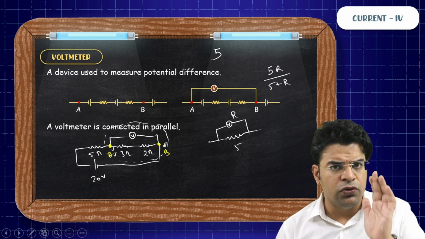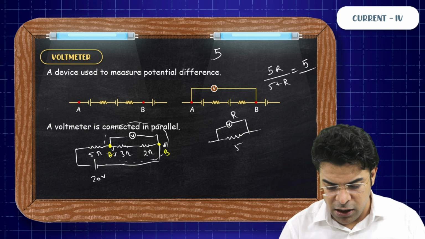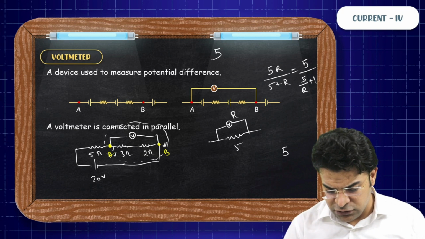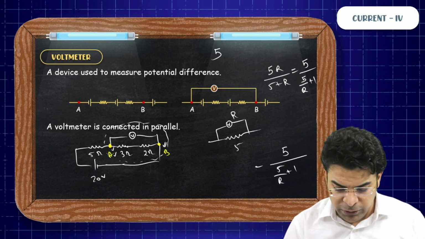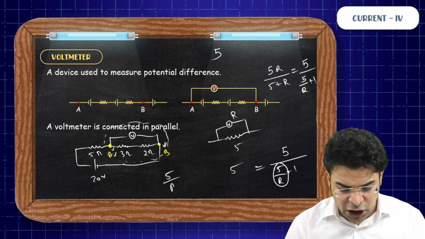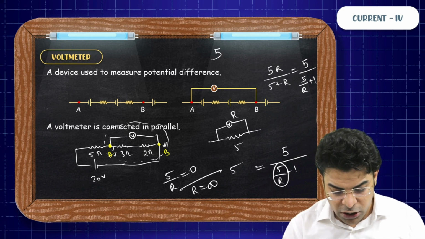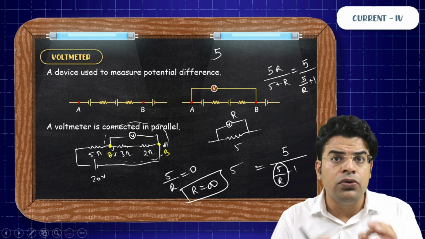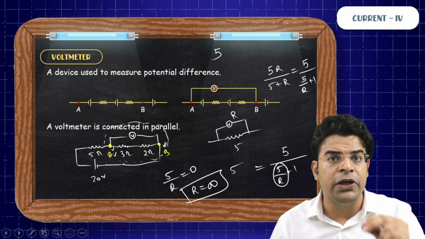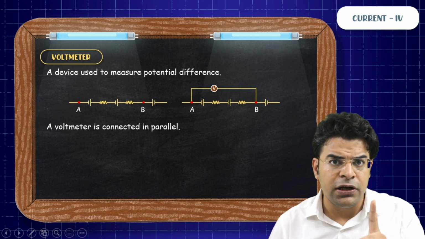If you want this final resistance to be same as original, what has to be the value of R? So the easiest way to solve this is divide both the numerator and denominator by R. When you do so, you get 5 upon 5 by R plus 1. And you want this final resistance of 5 upon 5 by R plus 1 to be equal to the original resistance of 5. And for this to happen, this quantity 5 by R should be 0. And for 5 by R to be 0, the resistance has to be infinity. So for an ideal voltmeter, which do not alter the resistance of the circuit at all, the resistance should be infinity.